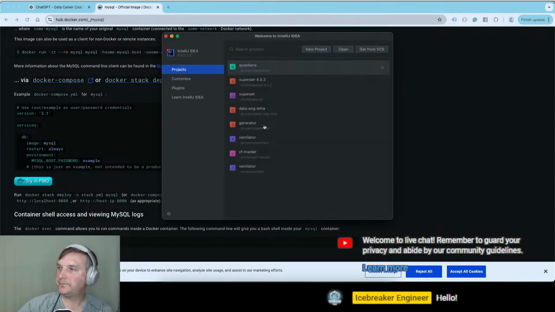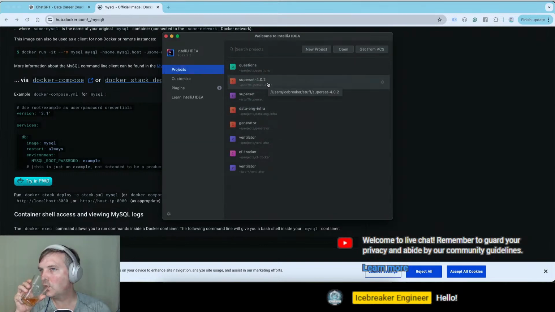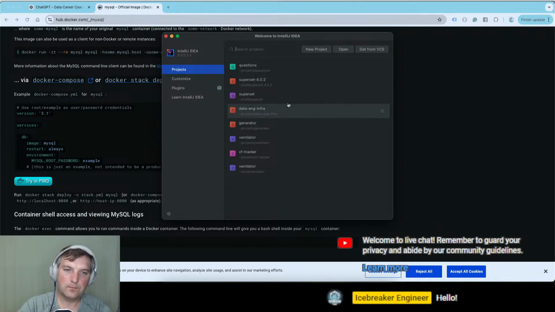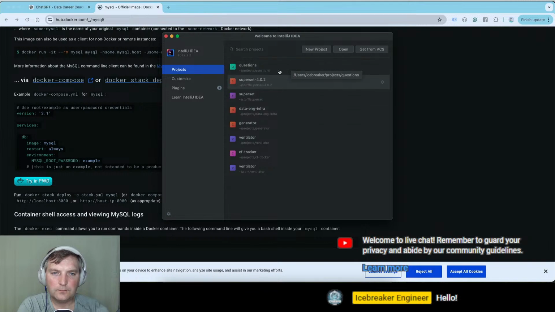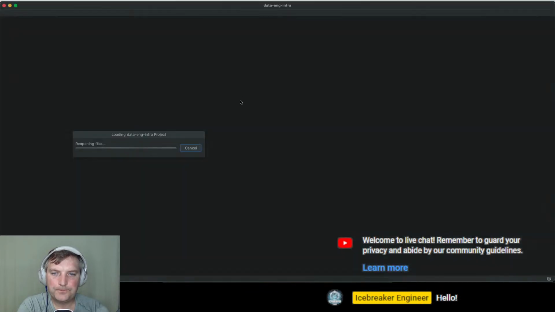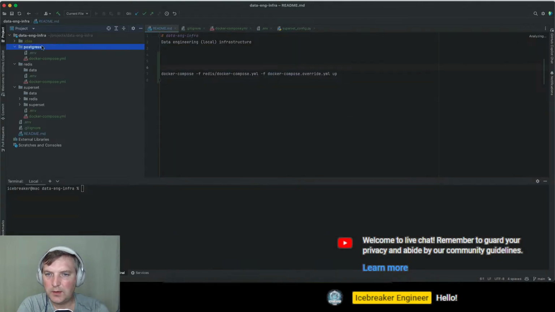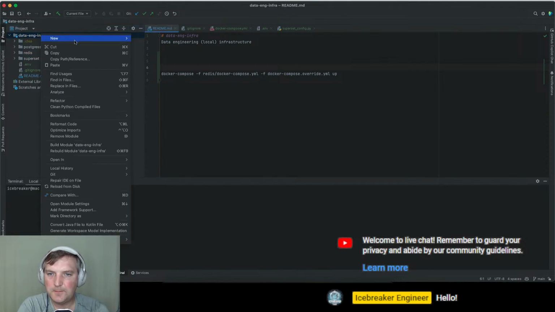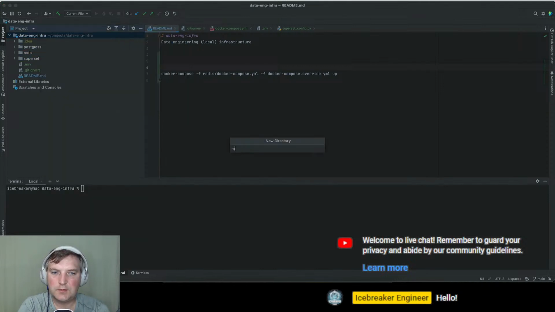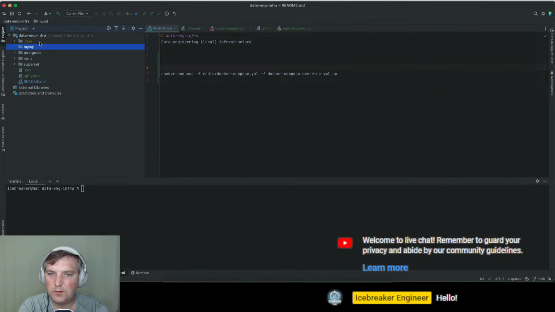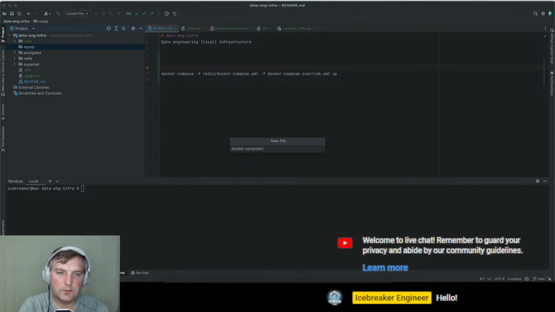It's opening. Okay, so we have a bunch of things in here. Let's add a new directory and call it MySQL. Let's make a file, Docker compose.